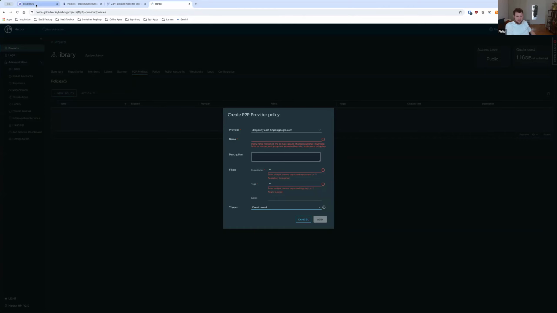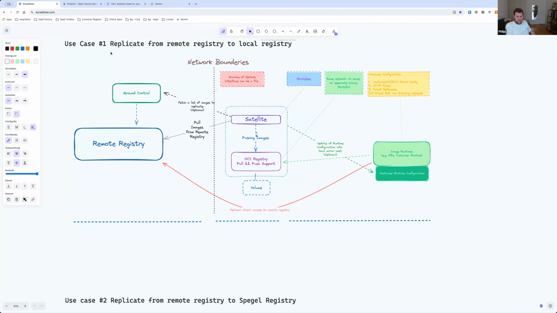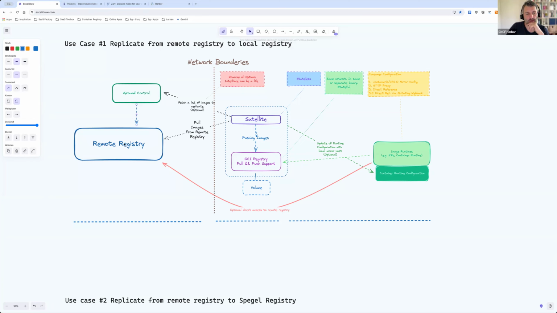Good question. I would say no. Or, sorry, I mean the ground control has access to the Harbor instance. It must, right? Yeah. So the question here is how much access does ground control need from